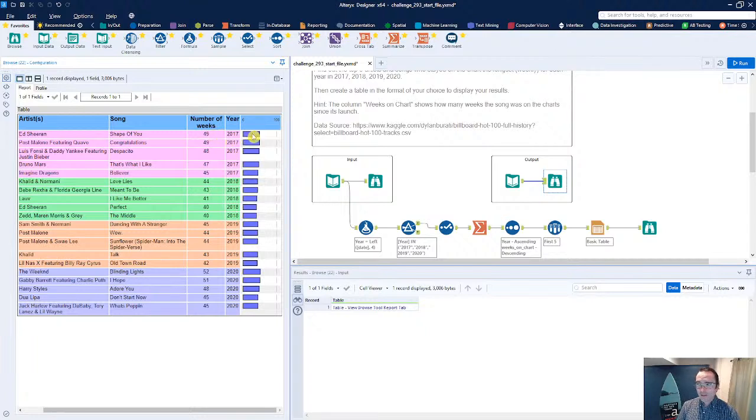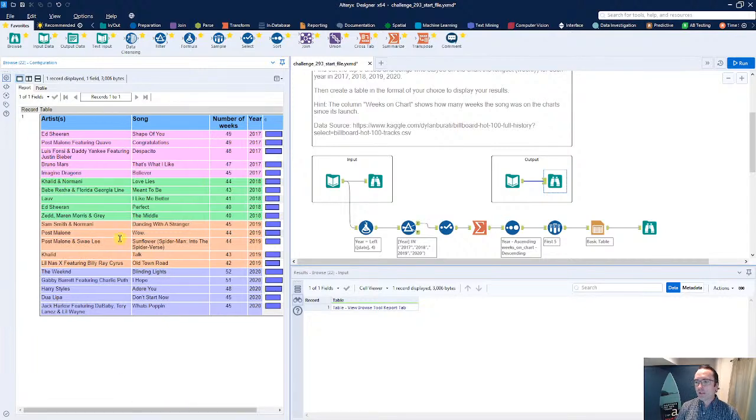So, again, I think this is a little bit irrelevant. I think they were just kind of adding this in for some flair. So personally, I wouldn't necessarily want to do that. But what might be valuable is like a percentage of total weeks in the top 5, something like that. Total weeks in the top 5, which would require a couple of other calculations in here.